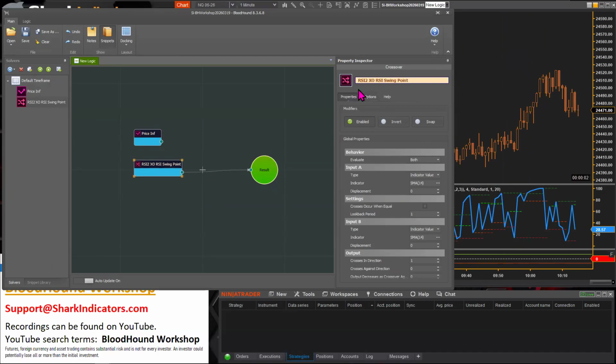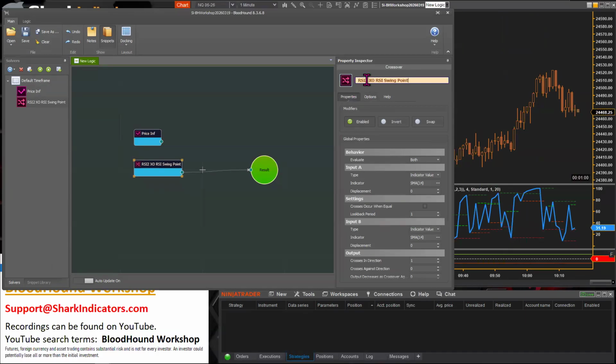All right, so we're looking for when the RSI 2 period crosses over the RSI 2 period swing point there. All right, so input A is just the RSI line.